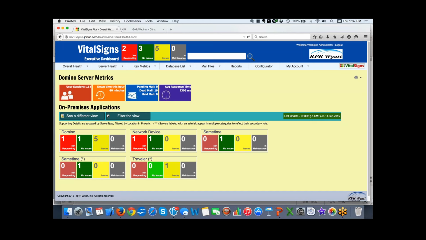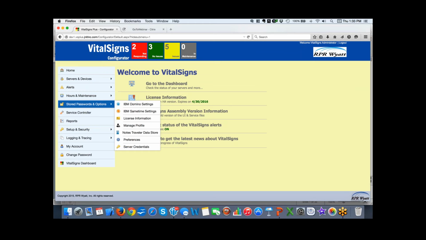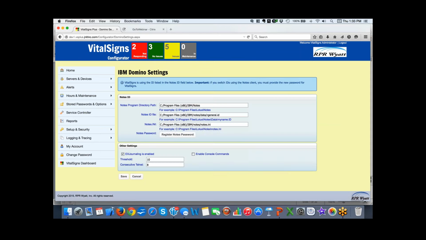The architecture of VitalSigns is that you get a physical machine or a VM somewhere, you put the Notes client on it, then you put our stuff on top of that, and you come into the configurator and you set up your password, and you tell it where Notes is, and pretty much any server that Notes client can connect to, we can monitor. And just like the Notes client doesn't care whether your Domino server is AIX or Windows or what it is,